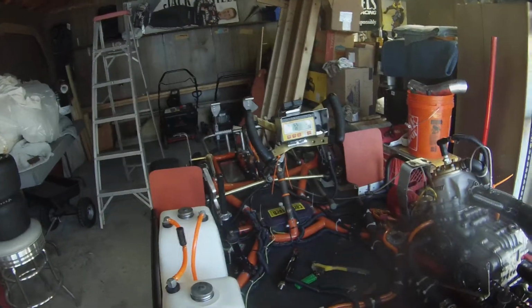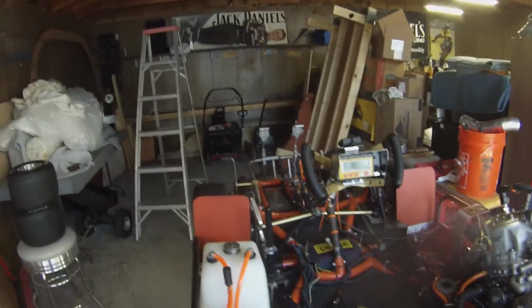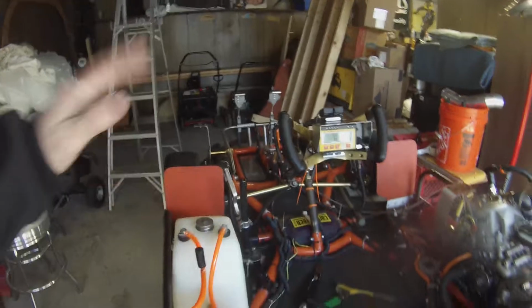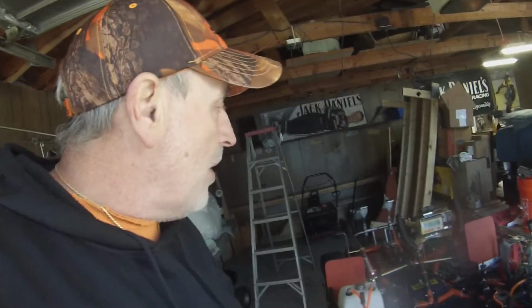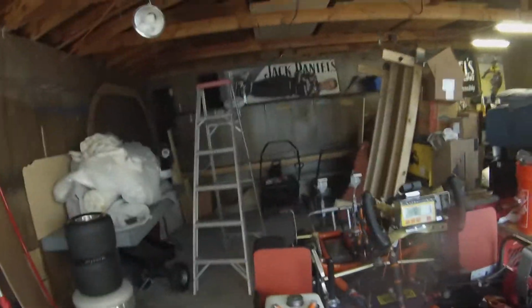Going to try this one just because it's a different gauge, to see if we still get the water temperature dropping when we get off the gas at the end of a straightaway. Basically, anytime we get off the throttle, between corners, entering a corner, you'll see the water temperature drop. Maybe I can get a camera on the chin bar of my helmet, right about in here, so we can get a good idea of what's going on with the numbers in the gauge,